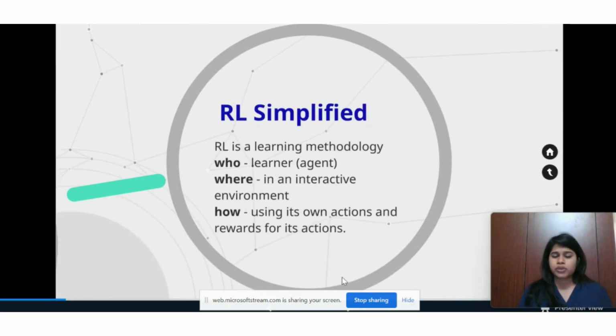So I have told all these words, but for a few of you it might be complicated. So I'm going to turn it into a simplified version. As I told, RL is a learning methodology, a machine learning methodology. Who is going to learn? A machine or an agent. Where does the machine learn from? It is going to learn from the environment where it is going to act. Once it's learning something, how is it going to know if it's doing the right thing? It is through the rewards for its actions. And it will repeat the actions or stop doing them.